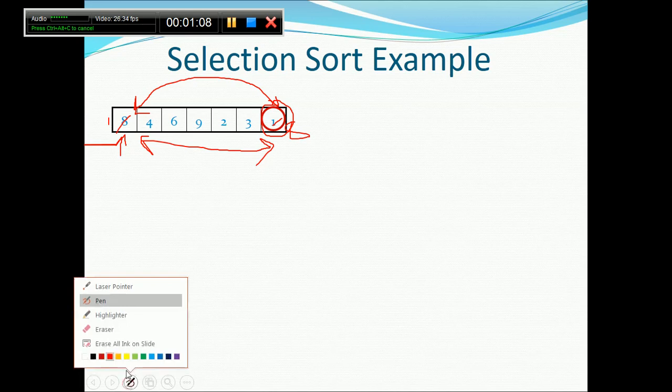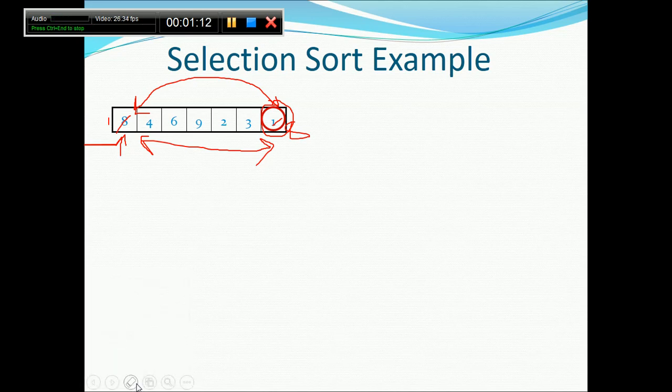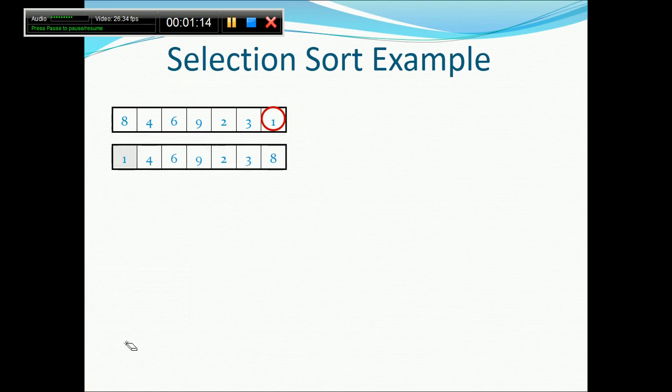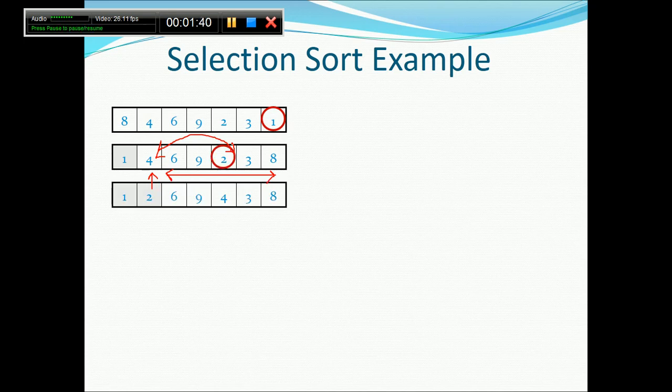So we have done it, so it will swap. Now the next time, it will point here and find the minimum from this particular part of the list. What is the new minimum? 2. It would be swapped from here to here. So that is the idea of selection sort. Now we'll go again, so this is 2, so it will be replaced. So can I say up to here everything is sorted? Everything is sorted up to here.